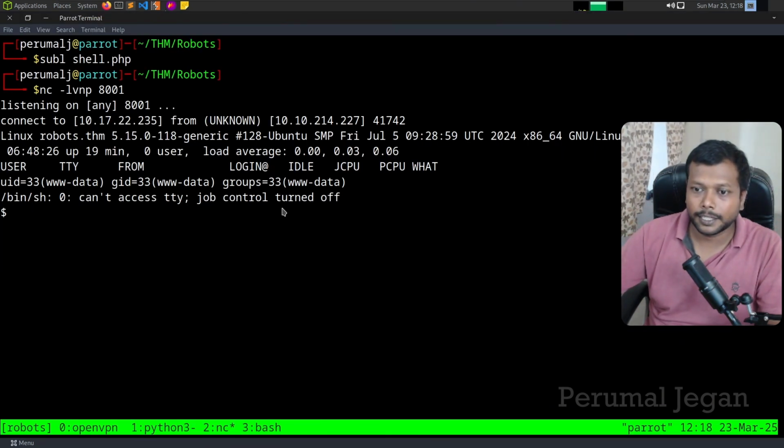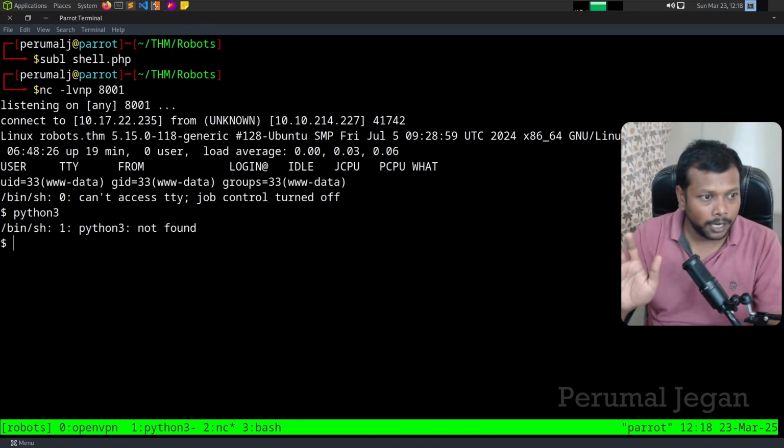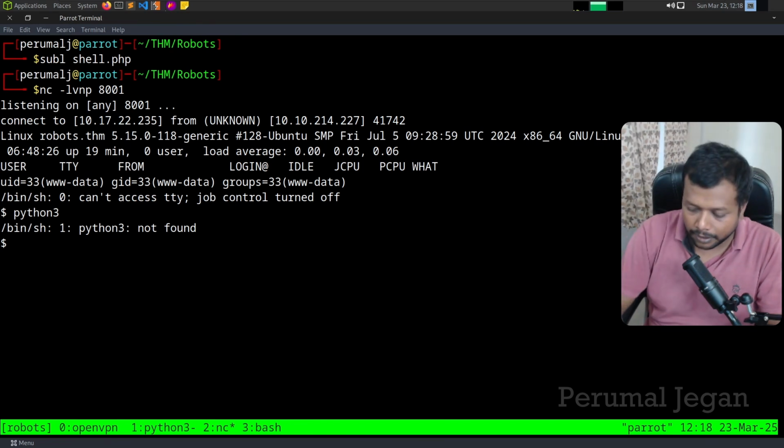You can see I got the shell as www-data. Do I have Python 3 here? We knew it's a Docker container, so we'll be having only limited resources. So with that, we will be escalating this